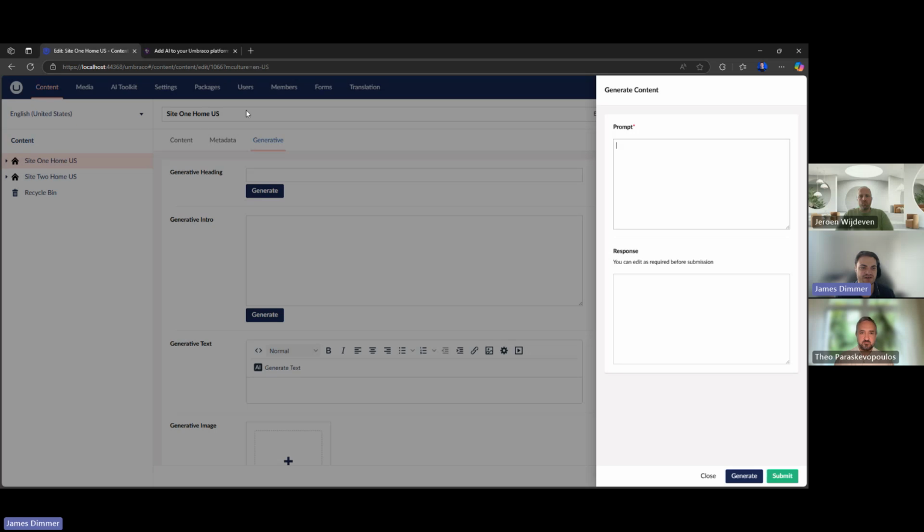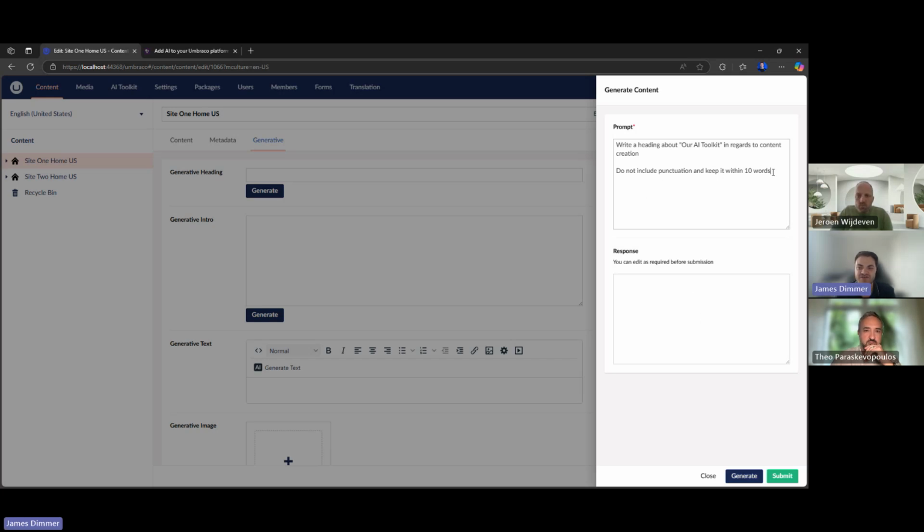Now, you'll notice, of course, I'm in US, so that's going to give the additional context to the prompts that we send to the model to say, this is the culture that we want to write it in. And shortly I will come to the multicultural side. So I go over to my other monitor and grab my prepared prompts. We have one for a heading here.